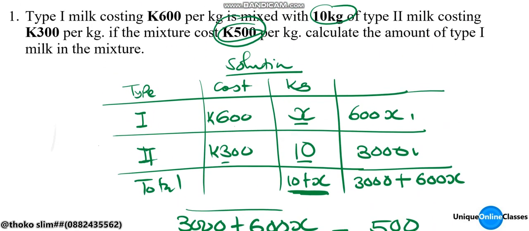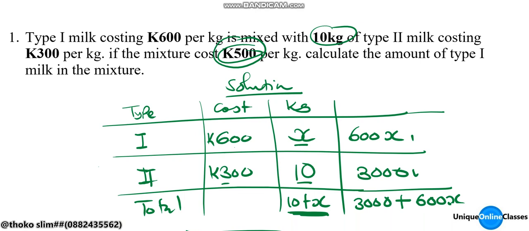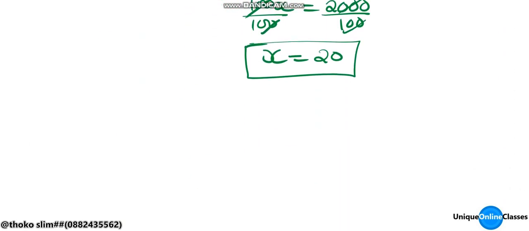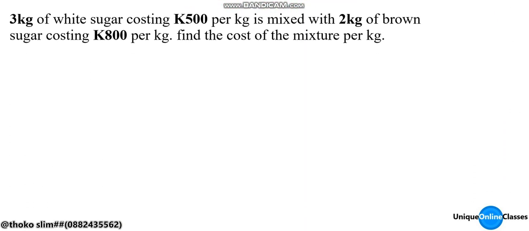We can now move on to another question. Now, 3 kgs of white sugar costing 500 per kg is mixed with 2 kgs of brown sugar costing 800 kwacha per kg. Find the cost of the mixture. So it's 500 kwacha per kg for 3 kgs. To find the total